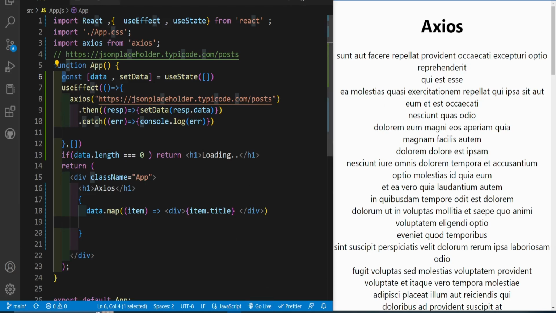So this is how you use Axios in React. I hope this makes sense, and if it helped you,